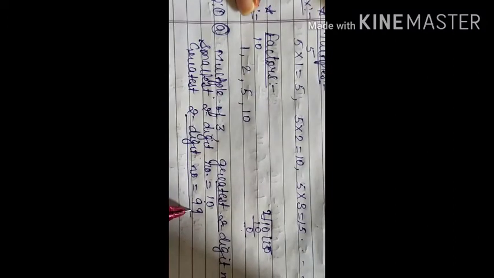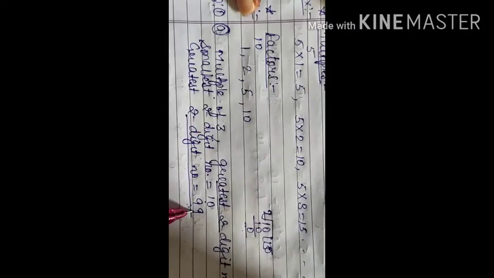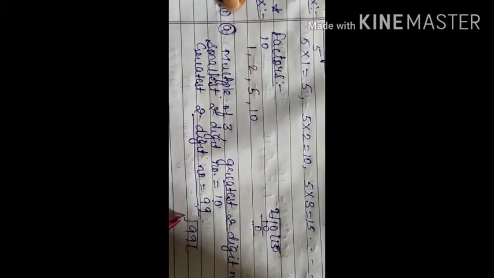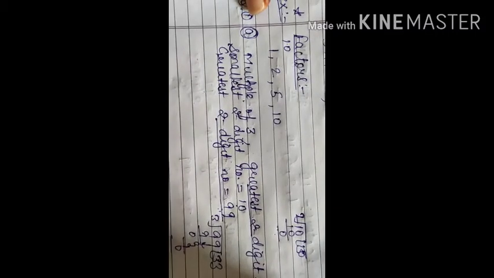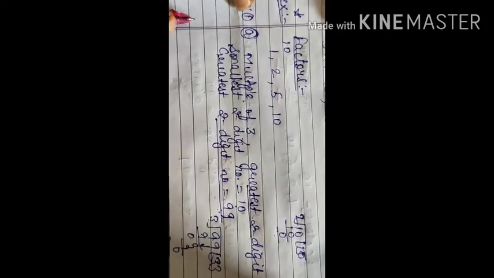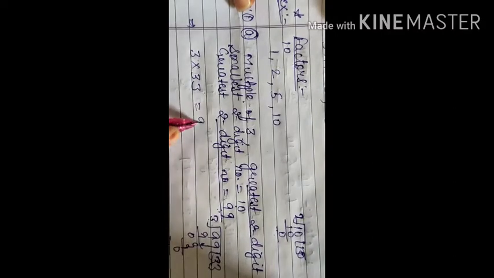To check whether this number is a multiple of 3 or not, we will divide it by 3. If 3 completely divides 99, that means it is a multiple. And if it is not dividing completely, that means it is not a multiple. So 99 divided by 3. We know that 3 3s are 9. Here 9 minus 9 is 0, and take this 9 down here. 3 3s are 9, 0. That means if you are getting remainder 0, then 3 is completely dividing this number. That means you can say that 3 into 33 is equal to 99.